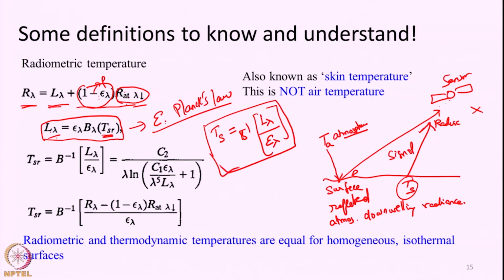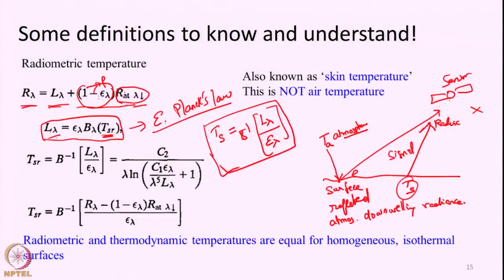Okay. So, what exactly is the inverse Planck's function? Planck's function will tell, if an object is at a given temperature T, the object will emit a certain amount of radiation at a given wavelength. You reverse it. Now, I observe radiance from remote sensing, and I know the wavelength in which I am observing, and I know the emissivity of an object. So, if I observe the radiance, if I know the emissivity, and if I know the wavelength of our observation, I will be able to substitute all these values in Planck's equation and calculate the